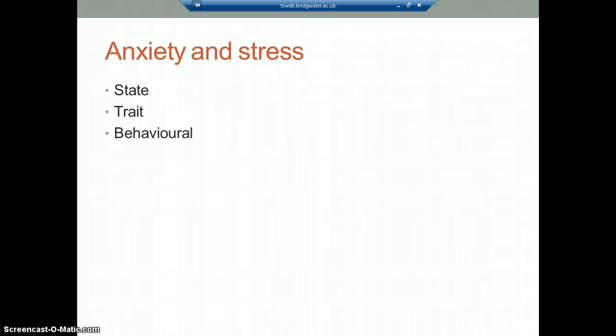Anxiety and stress. State anxiety is temporary anxiety where you are reacting to a certain situation. An example of this in sport would be a bigger player than you marking you, and you would start to become anxious about getting injured, but as soon as he steps away the anxiety will disappear.